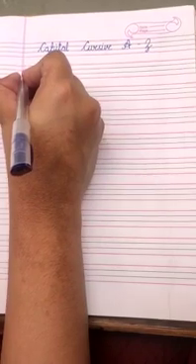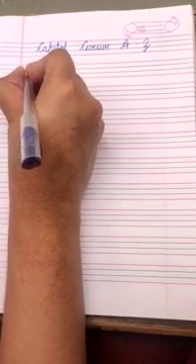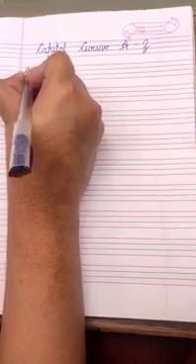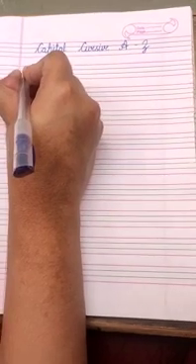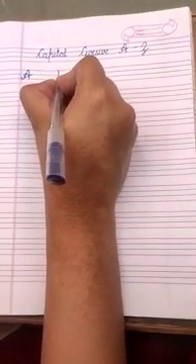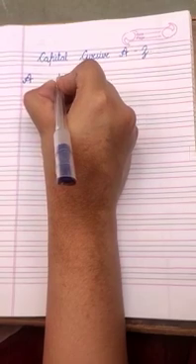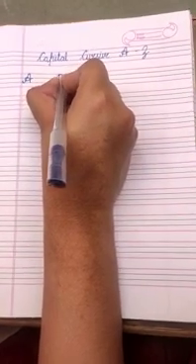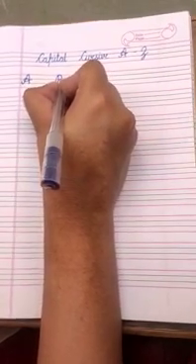From the third line, take a small turn, go up, take a turn, come down to the third line, go back and then take a turn like this. Cursive A. Now cursive B. From the first line, make a standing line, touch the third line, take a turn, go back and then make a half circle, again make a half circle and then take a turn.